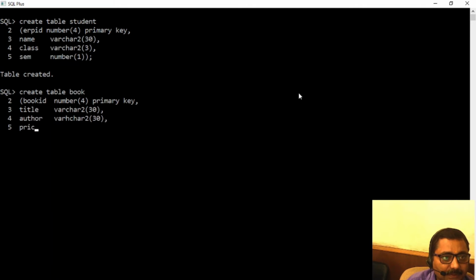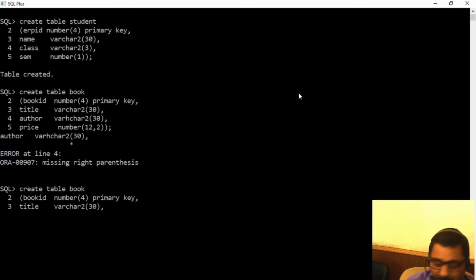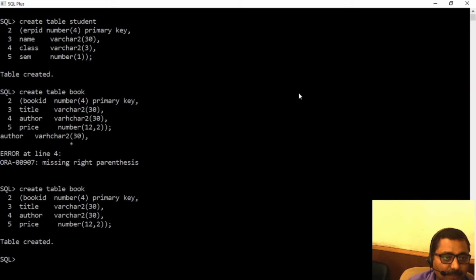Then I can have price, number size 12 comma 2. Okay, there was a small error, let me correct it. Book ID, title, here is the error, varchar2. Then price. This table is created. So now I have two master tables, one is book, another is student.